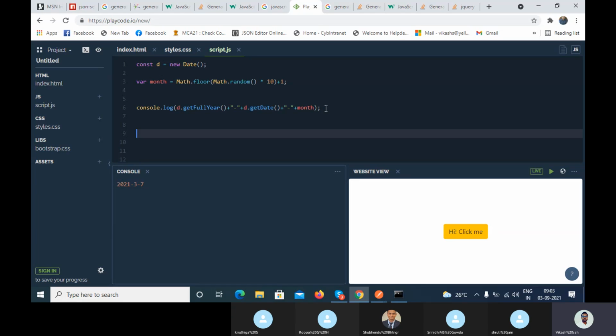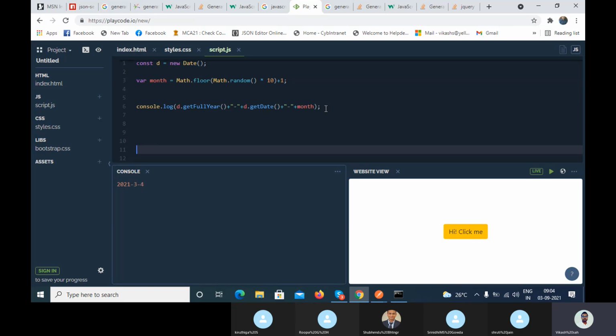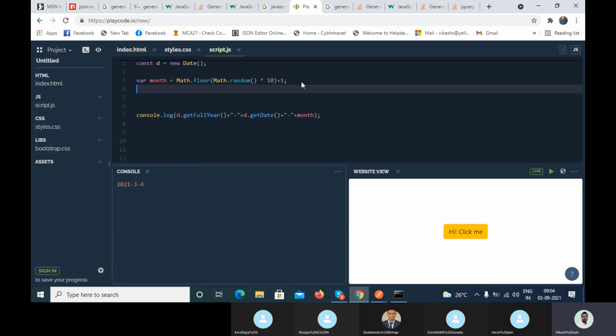So you can write the code. It's up to you how you are implementing the code, how you are making things very simple. Okay, so you can see I'm able to generate. If you want to make the date also, you can. Okay, it will generate. So in that case of date, you can use something like